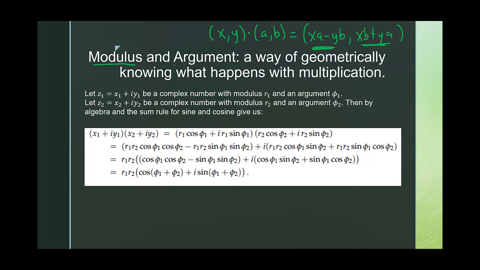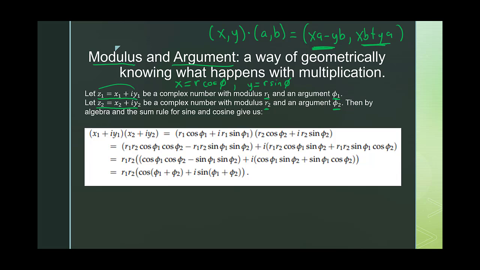Well, if we think about complex numbers in terms of modulus and arguments, we actually get something really cool happening. So let's investigate that. I'm taking this straight from the book, but I'm going to explain it step by step because your book, I think, just sort of throws it on the page. So let z1 be a complex number with modulus r1 and argument phi1, and let z2 be x2 plus i y2 with modulus r2 and argument phi2. So keep in mind, remember, x is equal to r cosine of phi, and y is equal to r sine of phi. We're going to use that in a second.